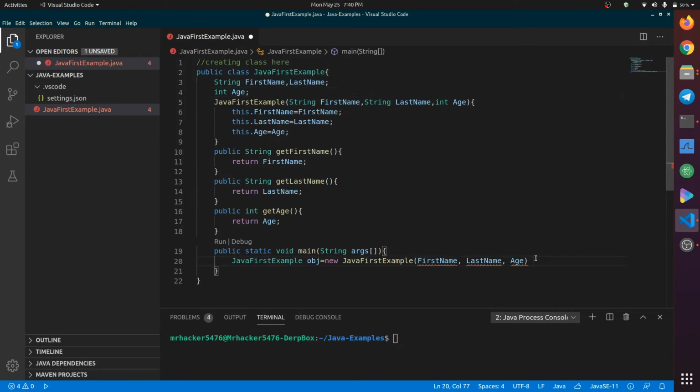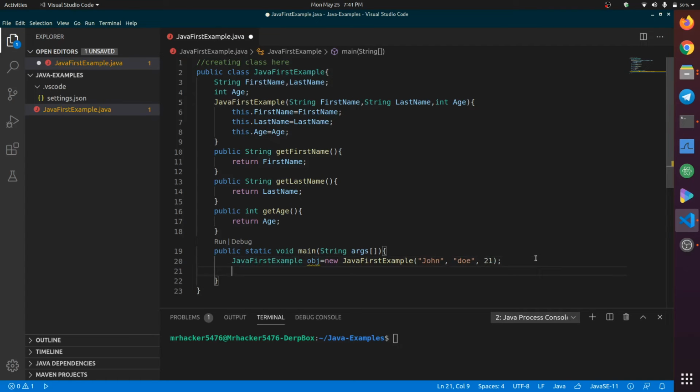So let's put a semicolon here and pass some values. Our first parameter was firstName, so I will pass John, and last name should be Doe, and age will be whatever you like, say 21.